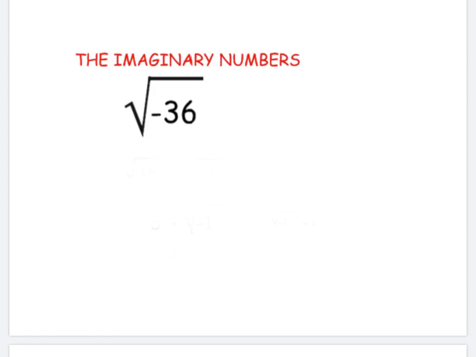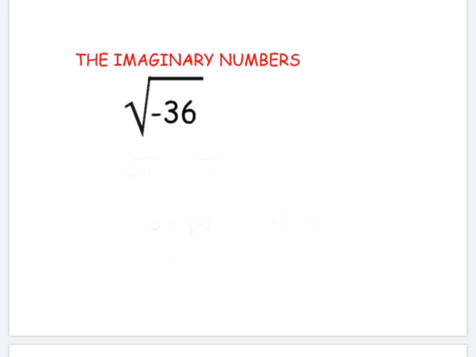This lesson is going to look at something called imaginary numbers. Imaginary numbers are necessary when we're looking at the square root of negative numbers, because when we're looking at square roots, remember the square root asks you what number times itself gives you the number underneath the square root sign. When you have a negative number underneath the square root sign, you cannot have any real number that multiplies by